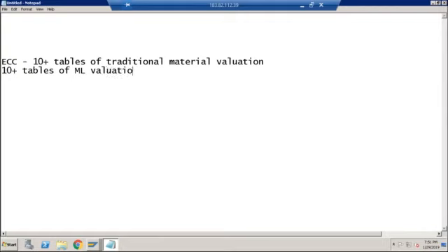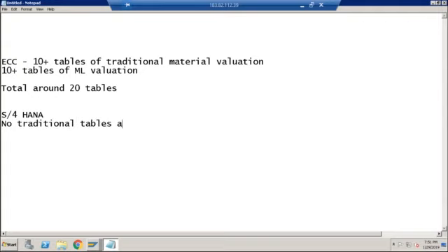So total around 20 tables. In S/4HANA, the first thing, no traditional tables anymore. So we are left with only 10 ML tables.